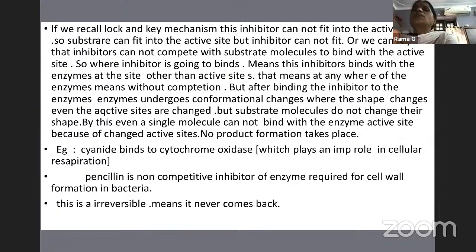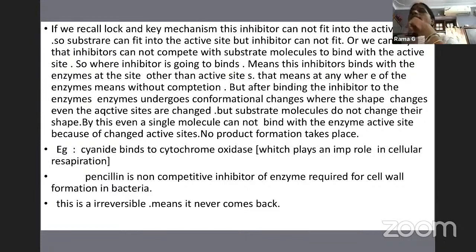So substrate molecules can only fit into the active sites, and they make a bond with the enzyme and give the enzyme-substrate complex, which is temporary. And here inhibitors cannot fit in the active site of the enzyme, but they can occupy